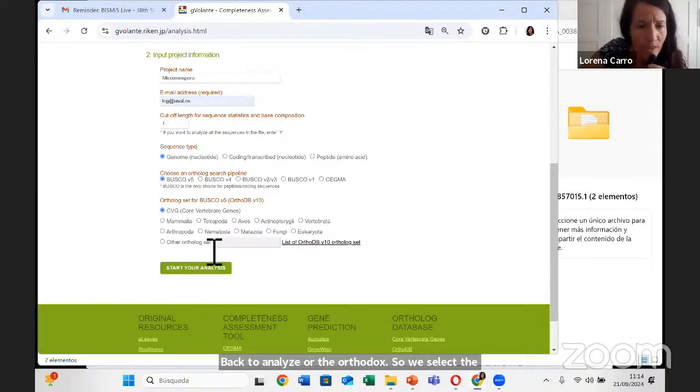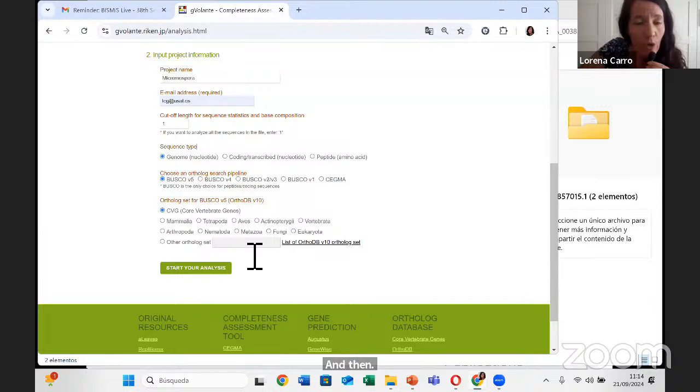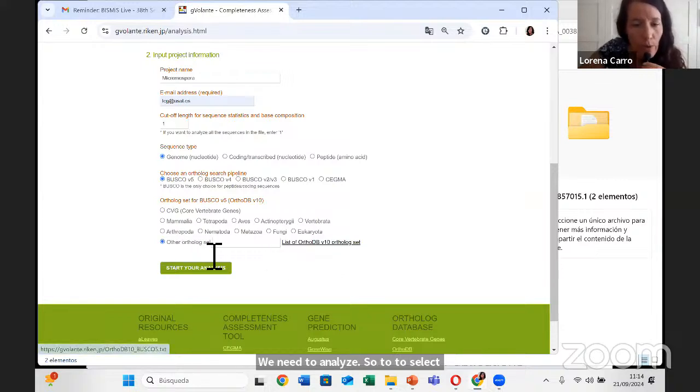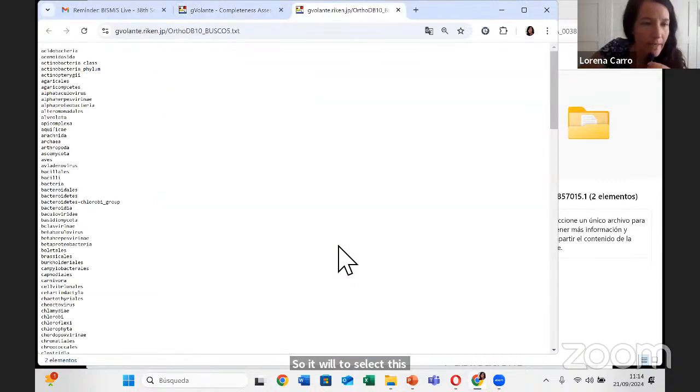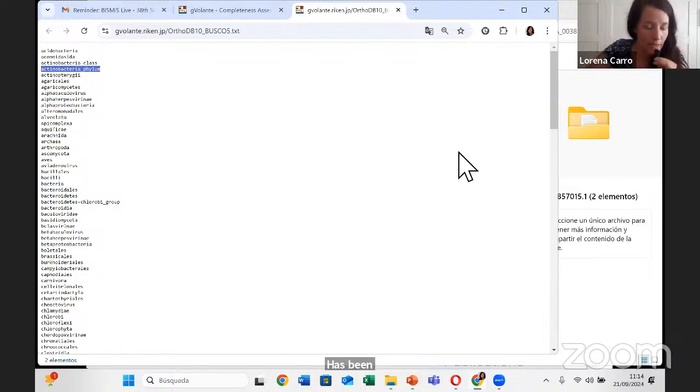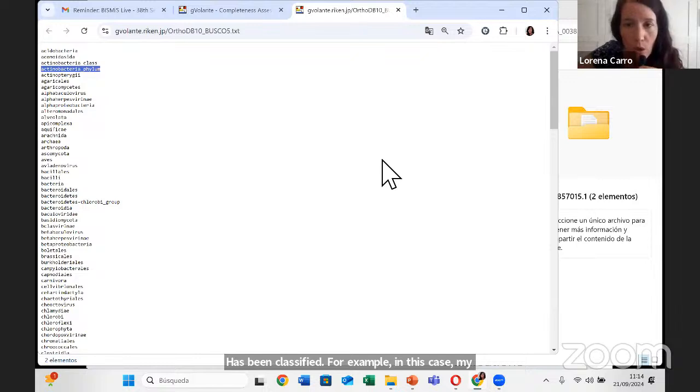And then we should clarify here which kind of information we need to analyze. So to select the ortholog set, if we click here, we see the whole list of orthologs that has been classified. For example, in this case, my microorganism is an actinobacteria, and I can select this one, just copy